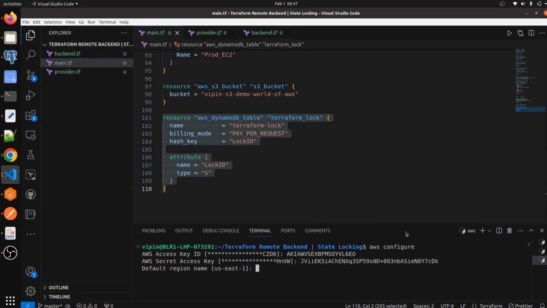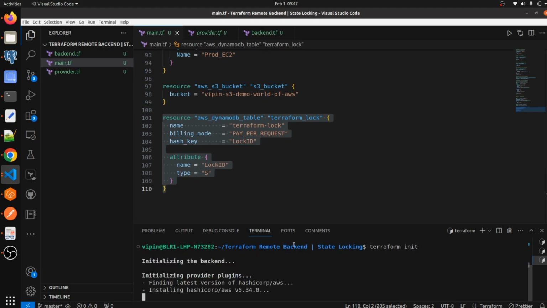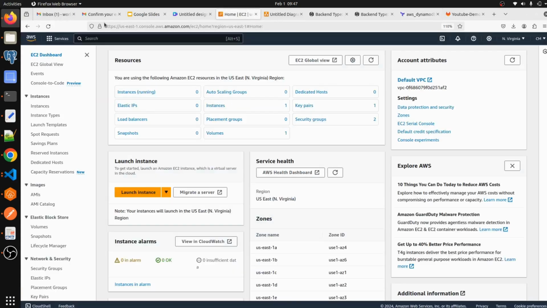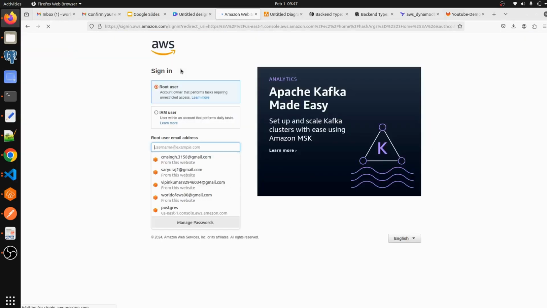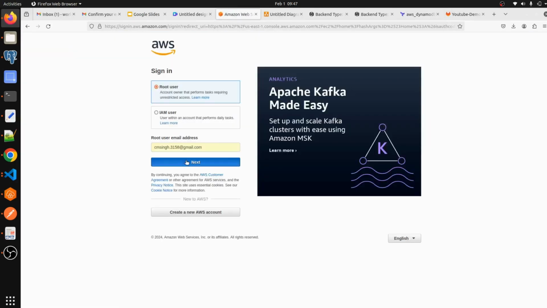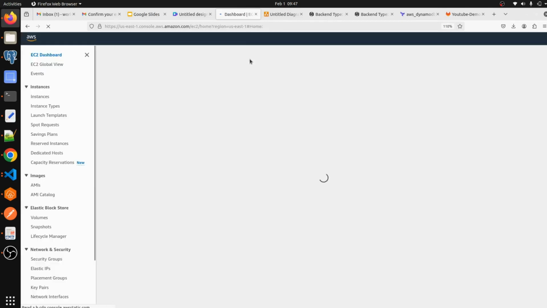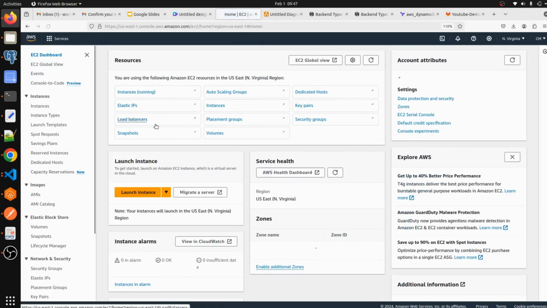By default our region is us-east-1, and we are going to create our resources in us-east-1. Then terraform init to initialize the repository. Let me see if we have logged into our AWS account. So we have logged into our AWS account.